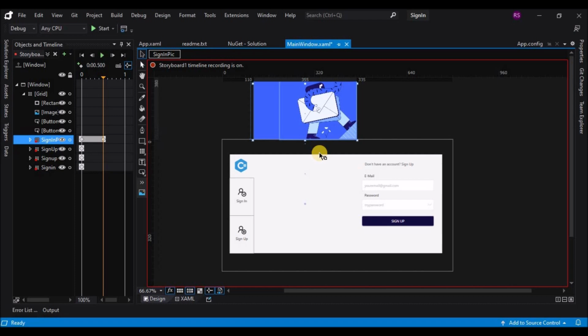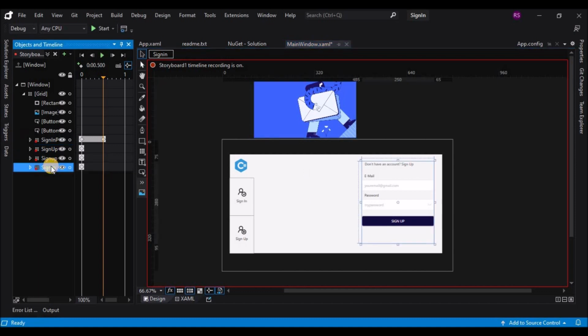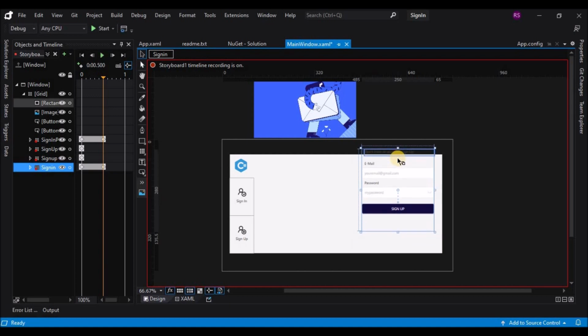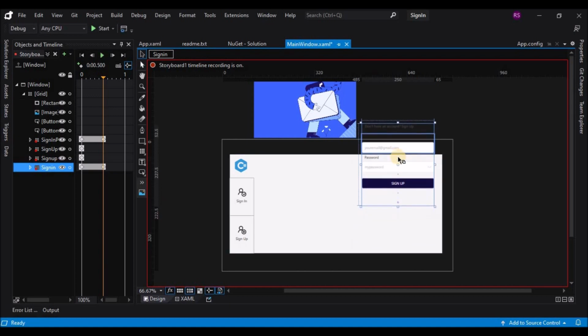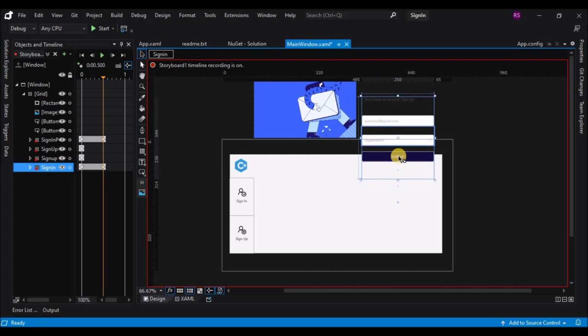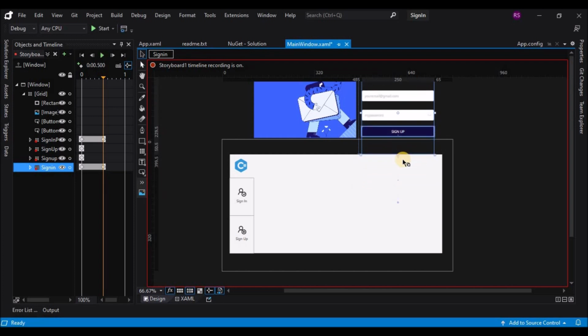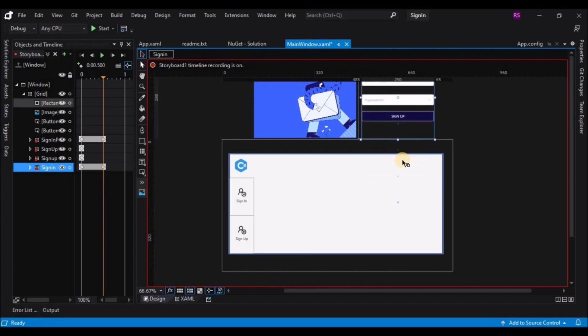Next, we will move the form control group for sign in out of the window or out of the grid. So let's move that as well. And for the sign up pick and the sign up form controls, we will make them visible on the 0.5 frame.